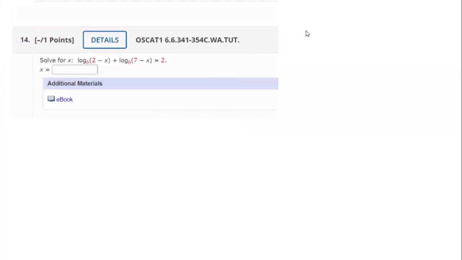Let's move on to the last one, which is pretty much similar to number 13. Check again the number of logs on each side: 1 log, 2 logs, nothing. So this is basically just like number 13, but a little bit more complicated with the argument part. So let's do that. I'm going to do another example: log base 2 of (3x minus 2)